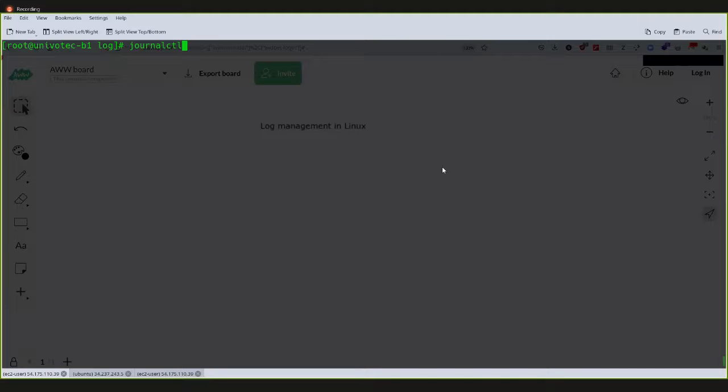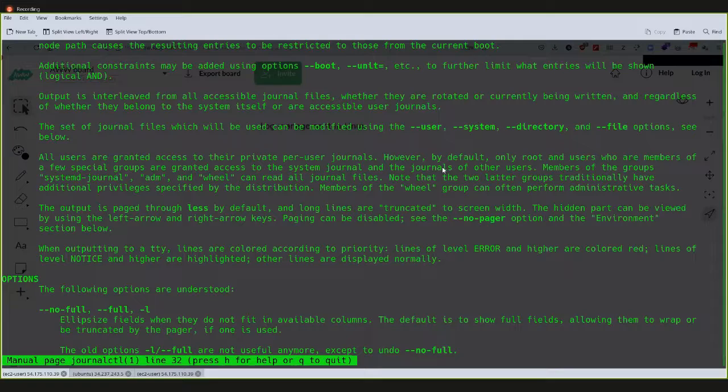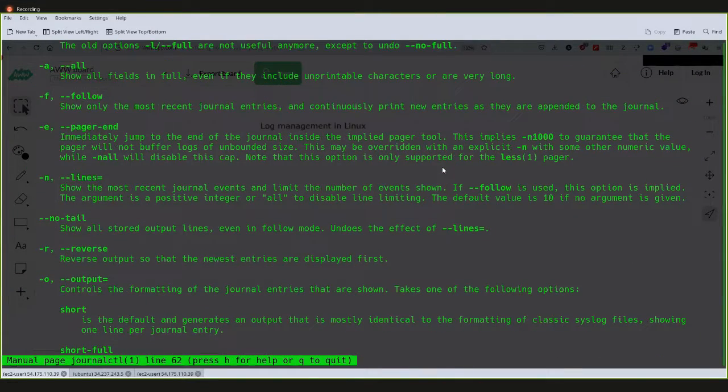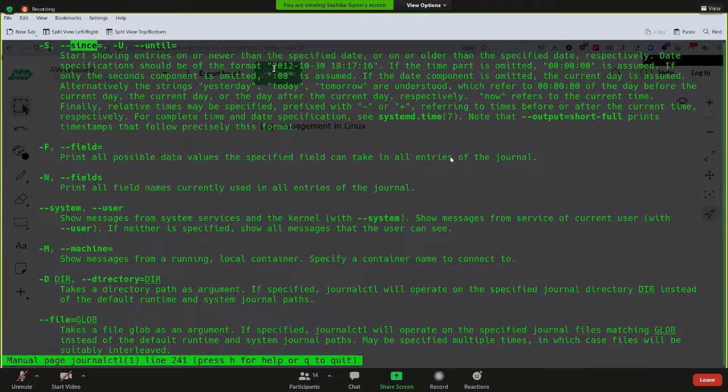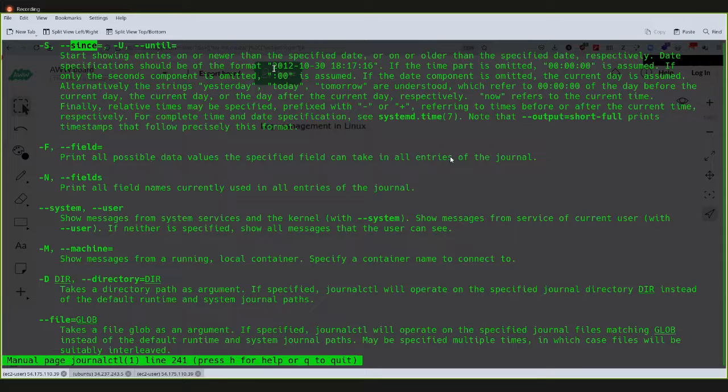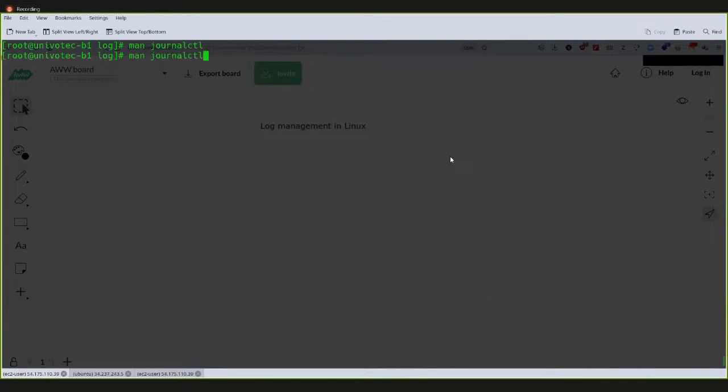Just give me a second, we'll see that one. Time ranges, you can look at the logs for the given time ranges, since, until. See, since and until. If you define the time ranges, you will be able to look only at that particular time range. So likewise, you will be able to deal with a lot of options there, like for example, journalctl